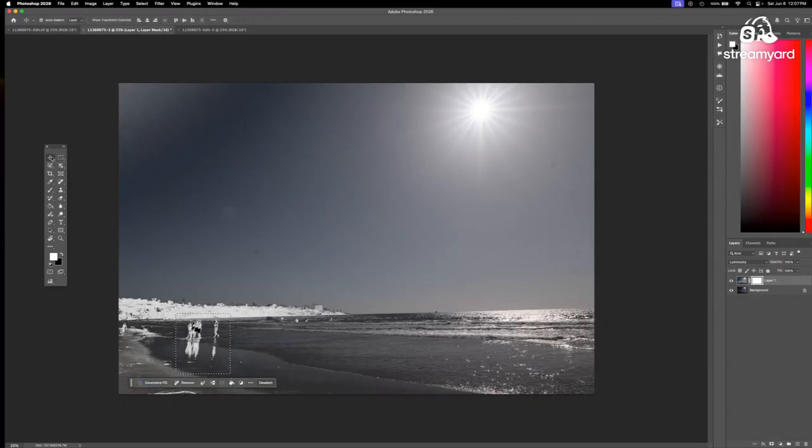Let's see, I'm going to slide this up a little bit. Oh, that's not helpful. Let's undo the move. Try that again. Let's make a little bigger rectangle. And then let's invert.